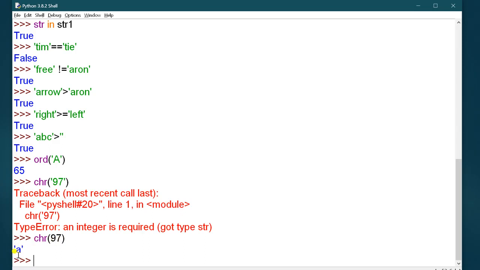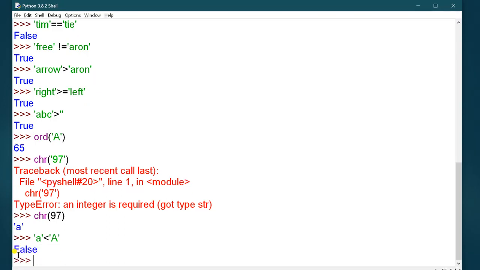By this way you can check the ordinal value. Now if you want to check whether small a is less than capital A, it will give you the false value, because small a holds 97 and capital A holds 65, so that is false.